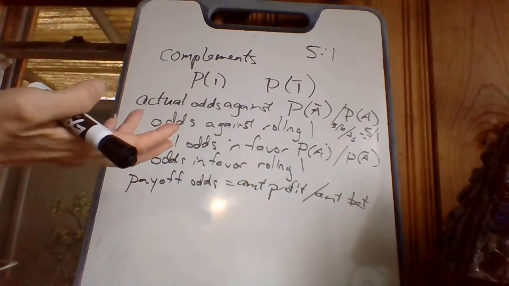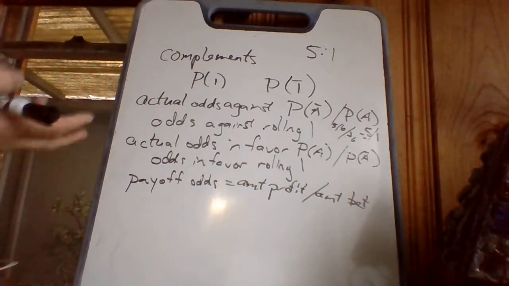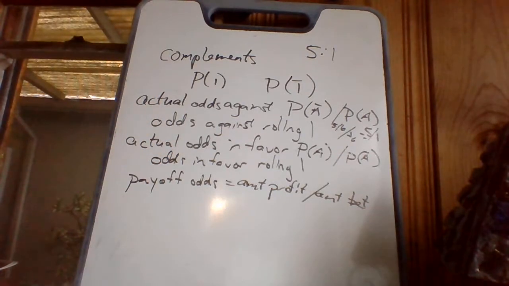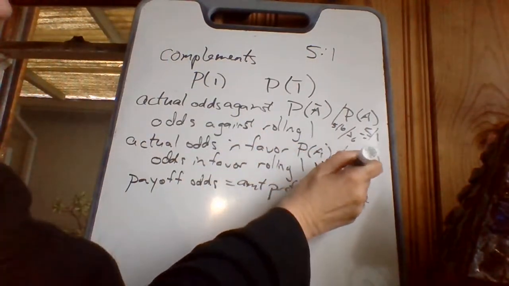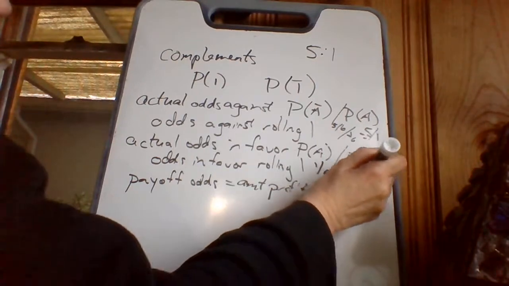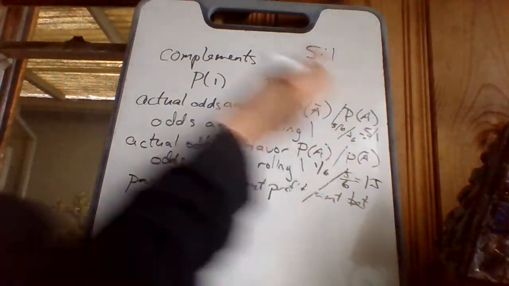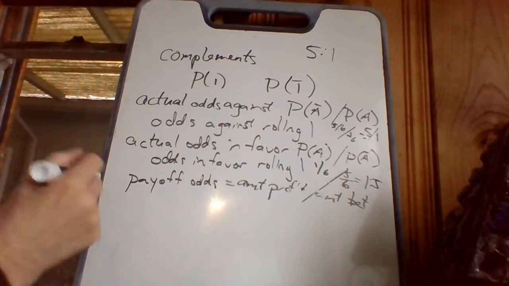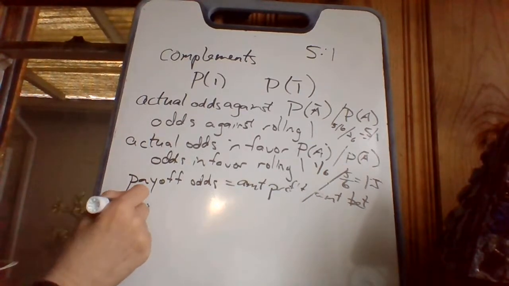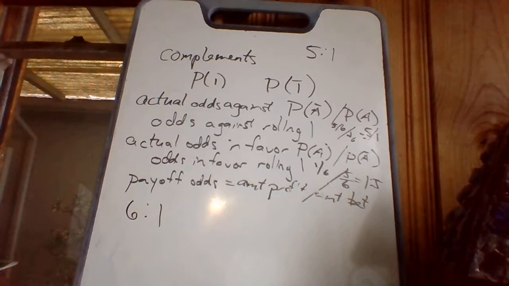If I play a game where I have to roll a dice, it's 5 to 1 against rolling a 1. Odds in favor is you just do it the other way up. So that's 1 to 5. You usually see things written in odds against. So if I'm seeing this game in Vegas and it's a 6 to 1 on the board